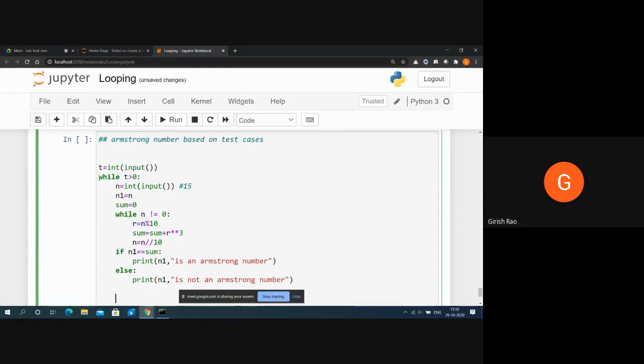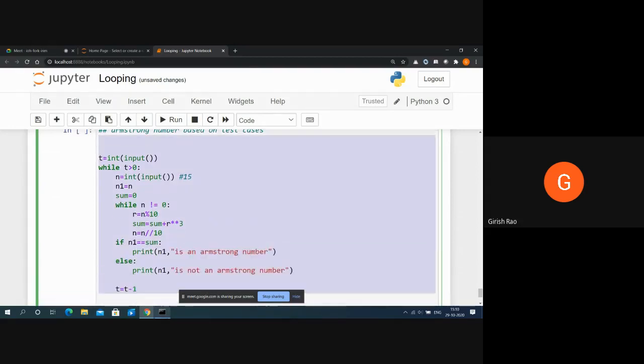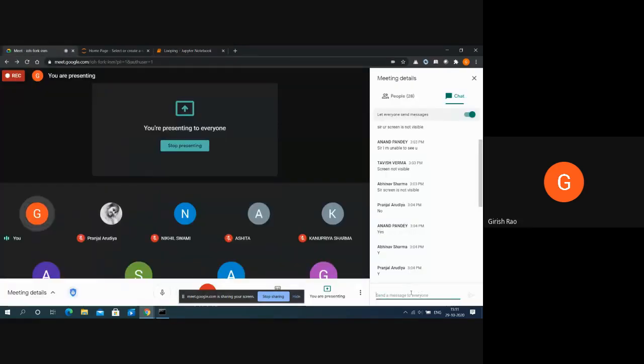It's an infinite loop. So what should I do? T is equal to T minus 1. Try running this program, whether it is working or not.